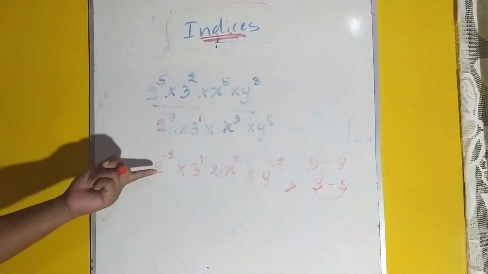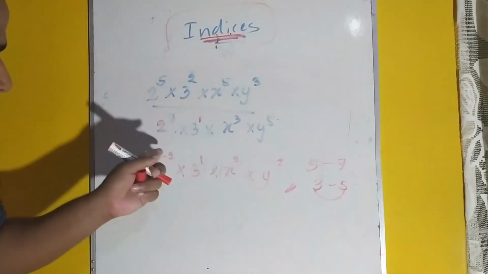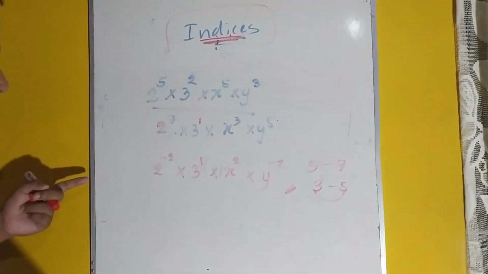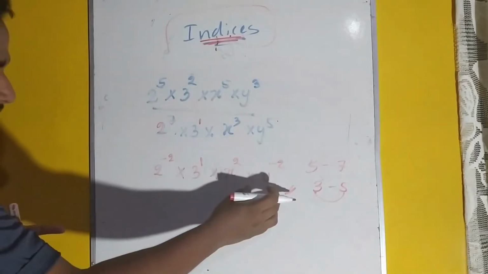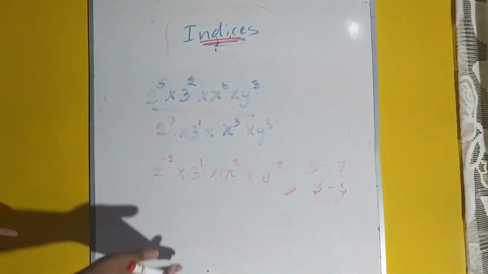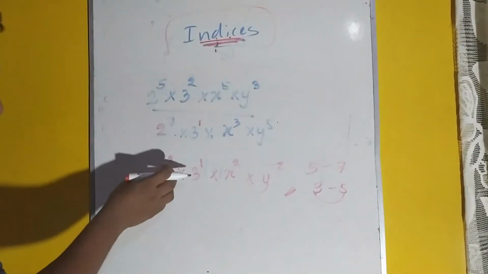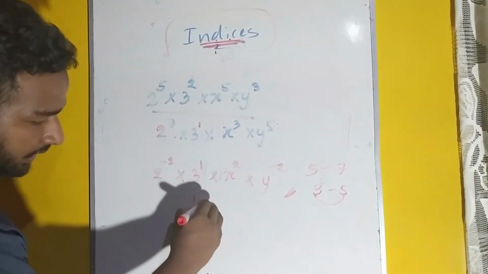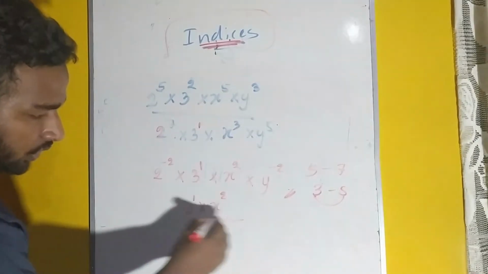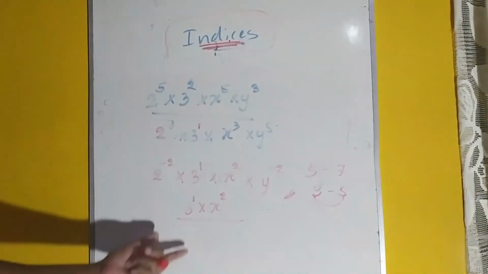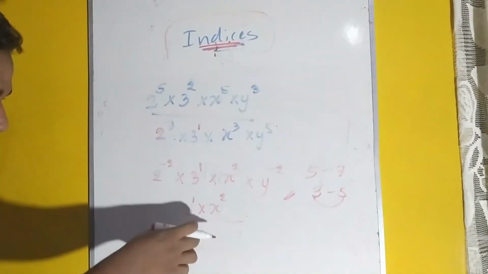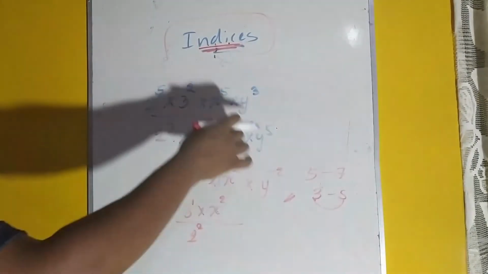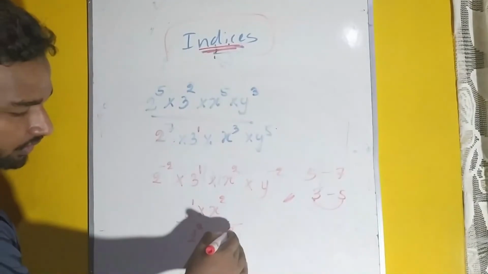Now you see, this one and this one, the power is negative. So you should change this into positive. What you should do, these two are in the numerator, so these two should come to the denominator. So if these two come down, what is up there? 3 to the power 1 into x to the power 2. Okay, I am going to take this down. 2 to the power minus 2, if it comes down, it should be changed as 2 to the power 2. y to the power minus 2, if it comes down, it should be changed as y to the power 2.